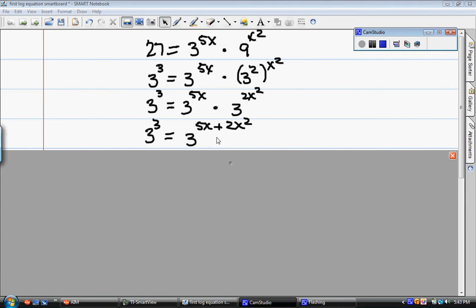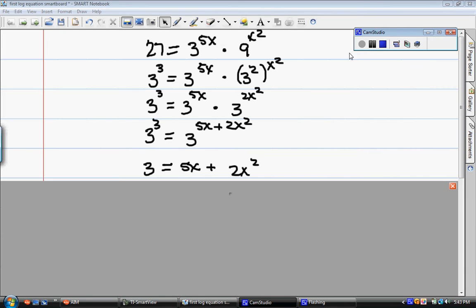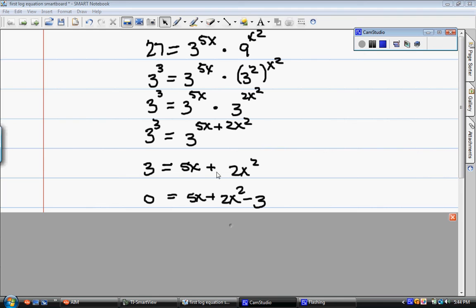According to your logarithmic properties, if the two bases are the same and they're joined by an equal sign, then the exponents must be equal to each other. So this 3 must be equal to this exponent of 5x plus 2x squared. This is now an equation that we solve easily. If I bring the 3 to the other side, of course it changes its sign, and set it equal to 0,